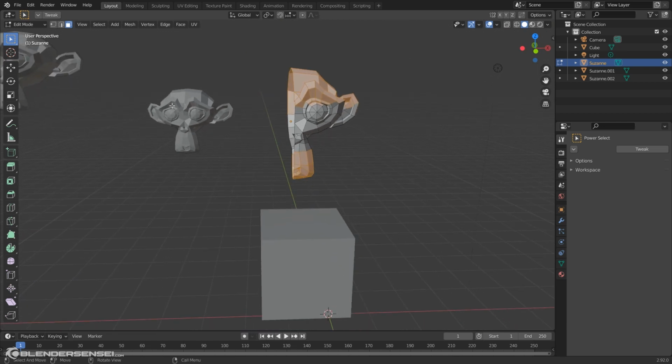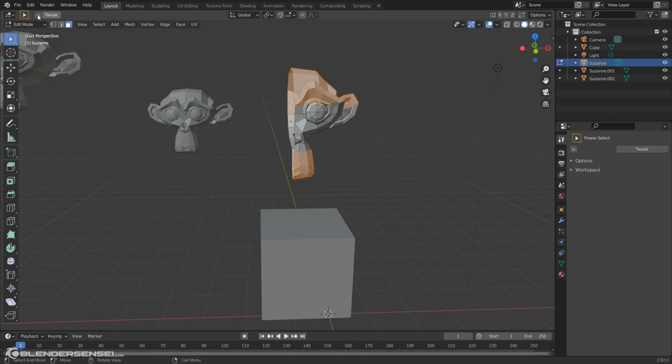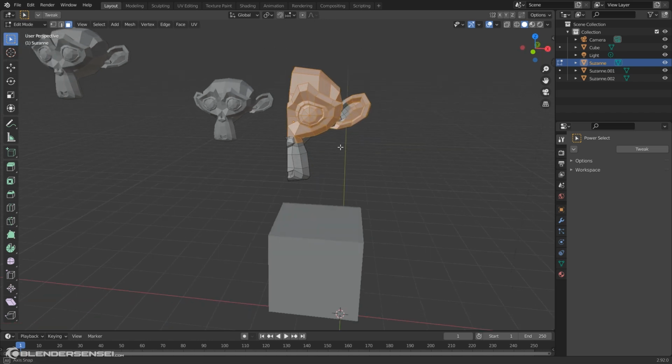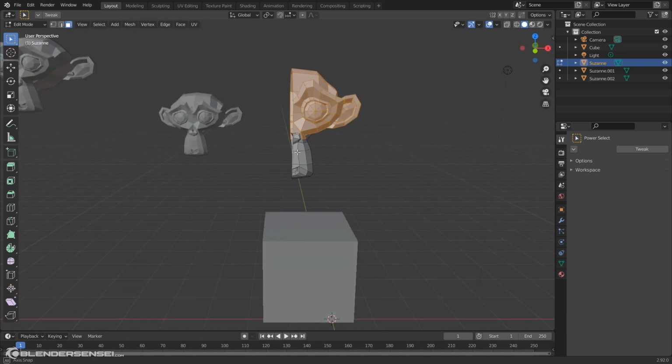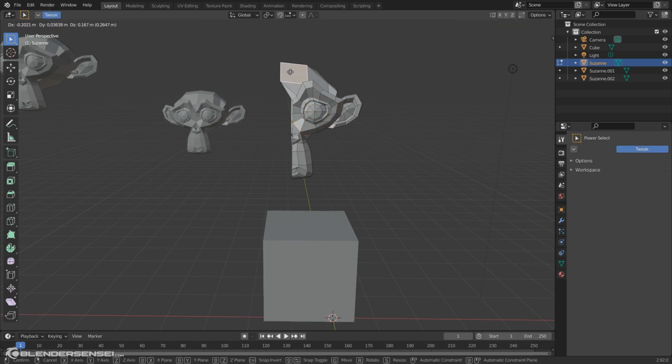So let's talk real quick about these options in the active tool menu of Power Select here. This button to the left just displays the add-on preferences, and then next to that you have this tweak button. By default, Power Select will perform a box selection just so long as you're not clicking on something. And if tweak is not active, you will drag select over that object. However, if we were to switch this to tweak, this would then tweak